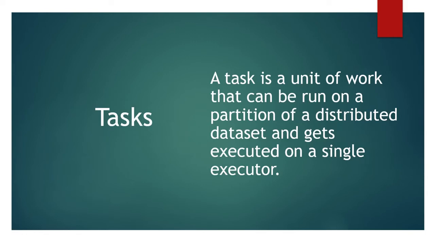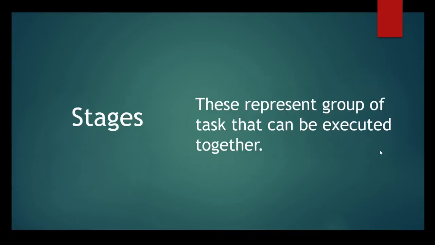All the tasks within a single stage can be executed in parallel. So now I hope you understand what tasks are in Spark. Now let's go and talk about stages. Stages are a group of tasks that can be executed together to perform the same operations on multiple machines. Spark will try to club as many tasks as possible into the same stage. If there is any shuffle, in that case, Spark starts new stages.